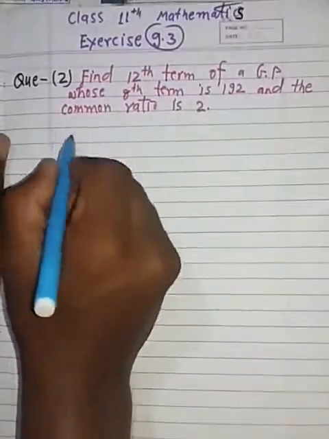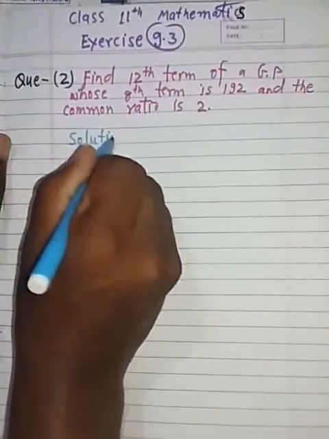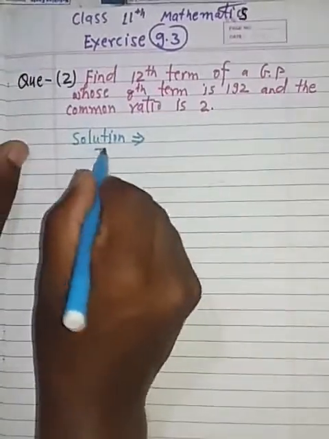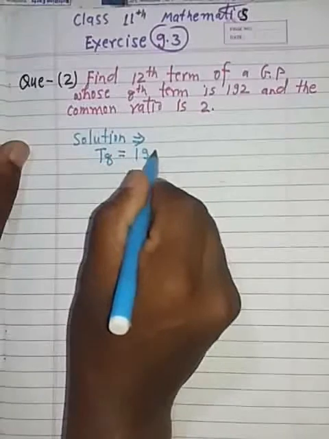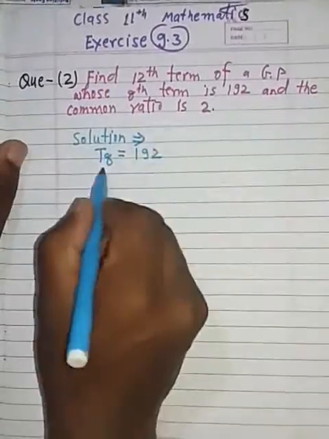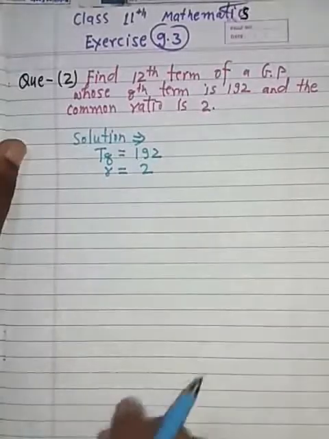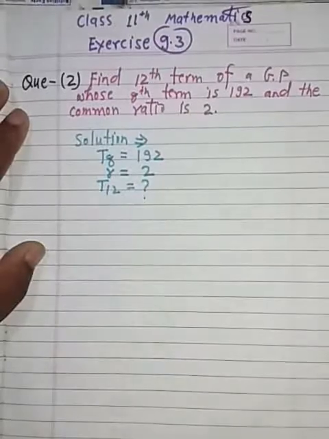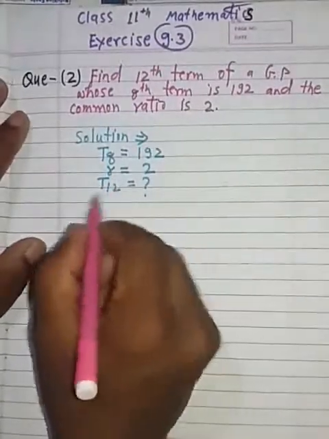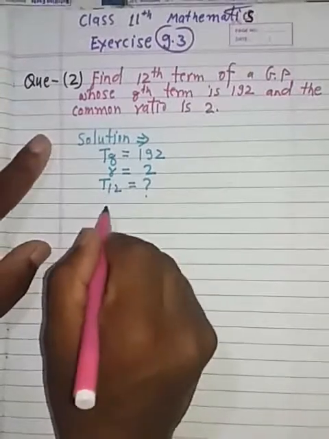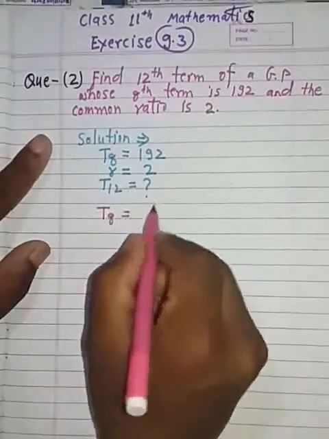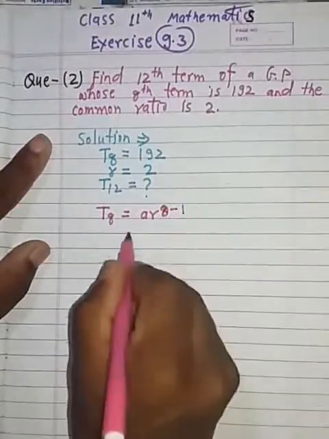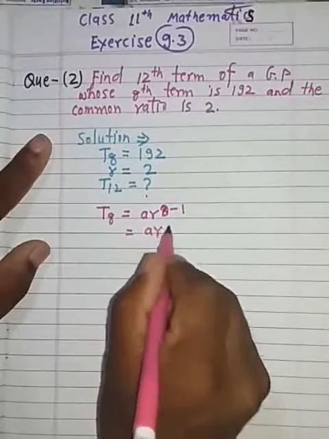देखिए इस क्वेश्चन को हम सॉल्व करेंगे। देखिए 8th टर्म हमें दिया गया है 192, T8 will be 192 and common ratio is given 2. Value of R is equal to 2. We have to find the T12th term of this GP. Here we will apply the formula of Tn. T8 is A R to the power 8 minus 1, A R to the power 7,